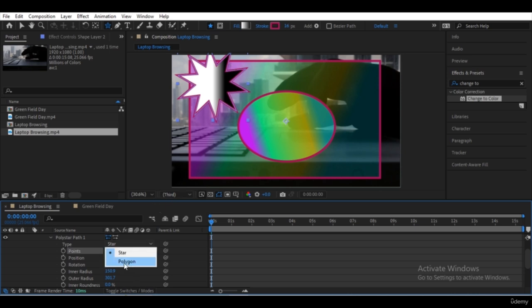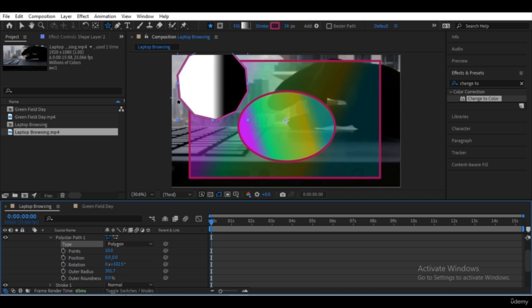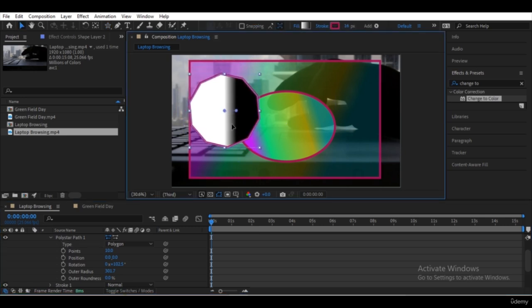If we choose the type to be polygon, it will create 10 edges. Click the selection tool to move the object. As you can see, there are 10 edges in total.